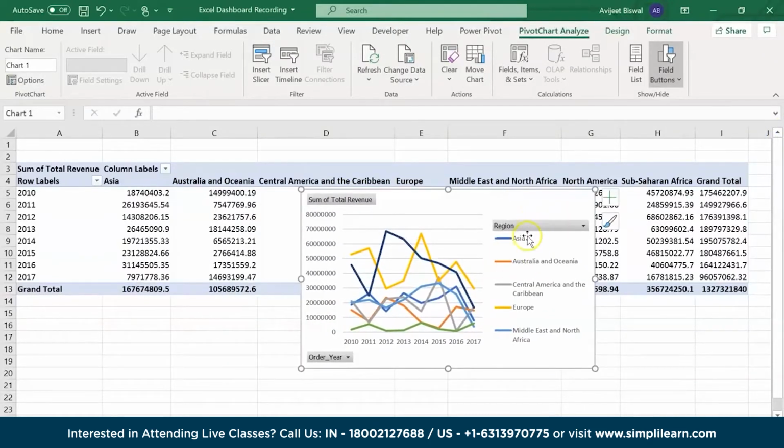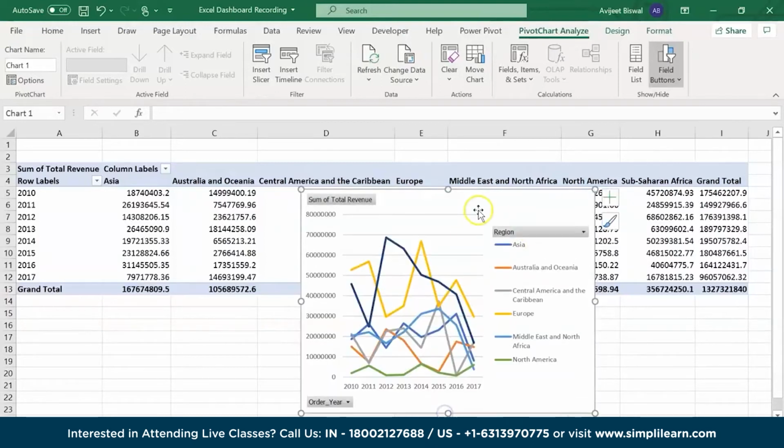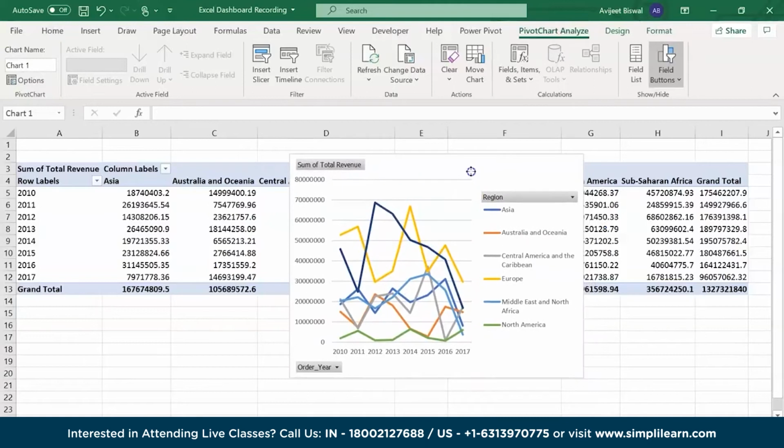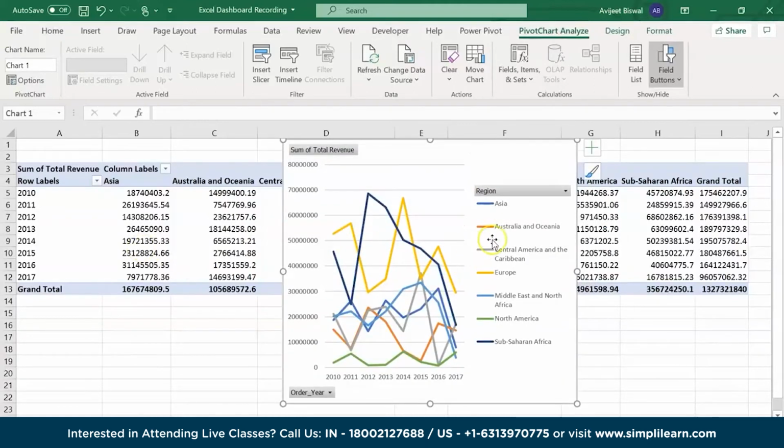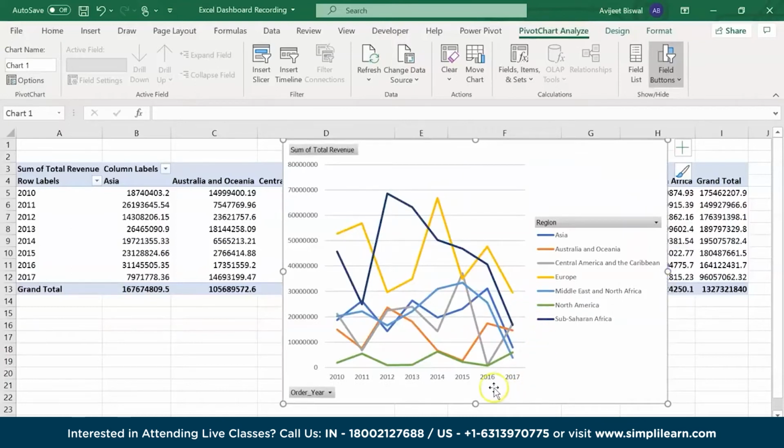On the right, you see the different regions that are present in different colors. Let me just expand it so that you can see all the regions we have. In total, we have 7 regions, and each of the regions has been represented in a different color. If you notice this graph, for the sub-Saharan African region, in 2012, sub-Saharan Africa made the highest amount of